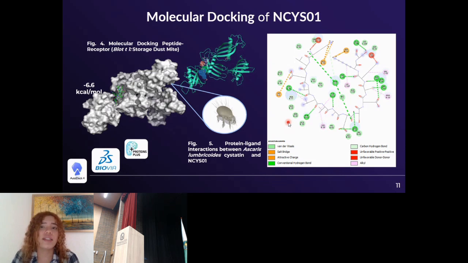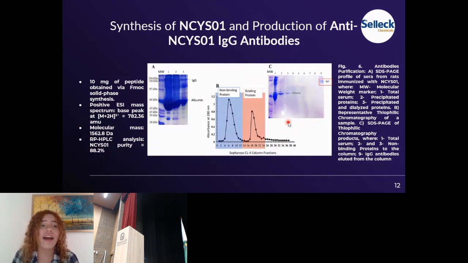So it came to the synthesis and the production of antibodies. Like I said before, it was through the services of Silico Chemicals, which provided 10 milligrams of the peptide with a molecular mass of around 1562.8 Daltons and a purity of around 88.2%. So figures